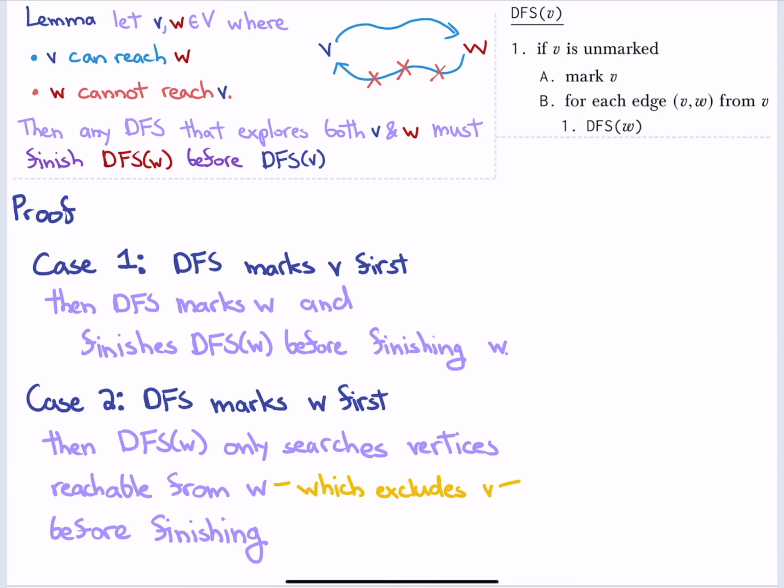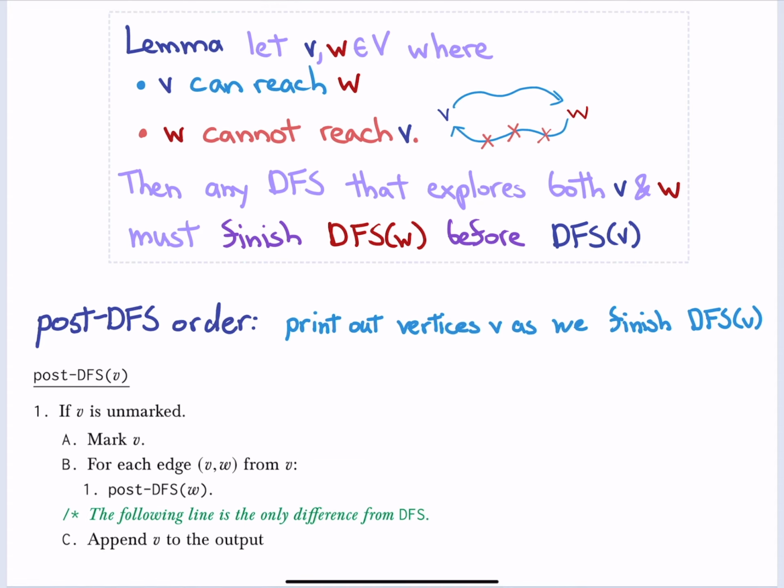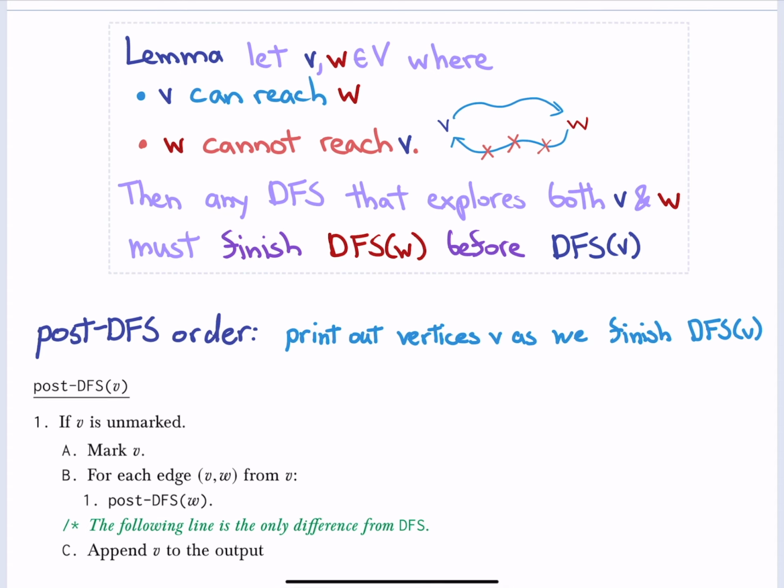If you call DFS W, you only search the vertices that are reachable from W. That's what we've established. And so particularly that excludes V, because there's no path from W to V. Awkward enough, but hopefully we're okay with the statement. So the point is that if V can reach W, but W cannot reach V, DFS will always finish W before